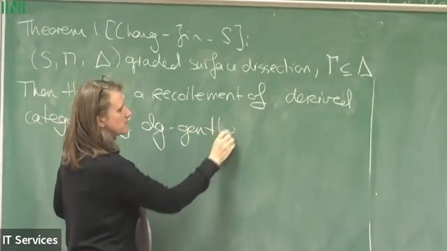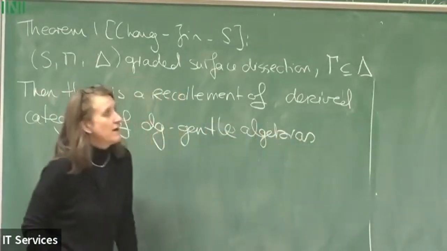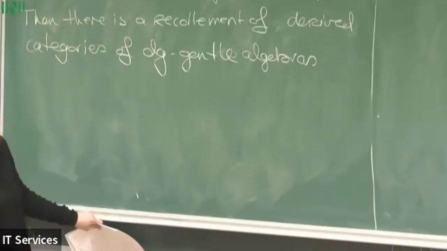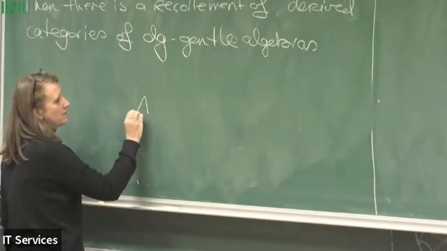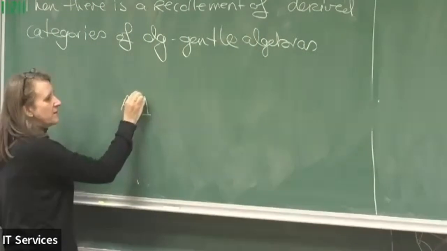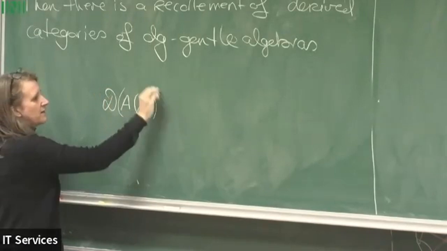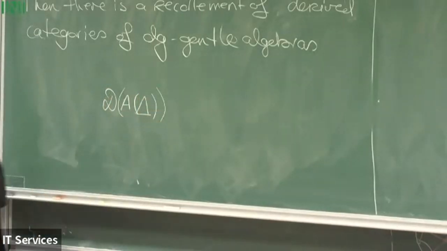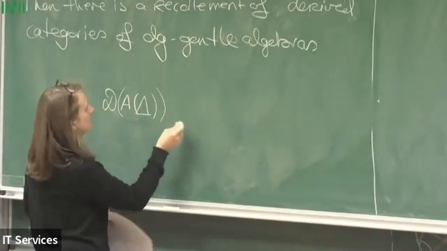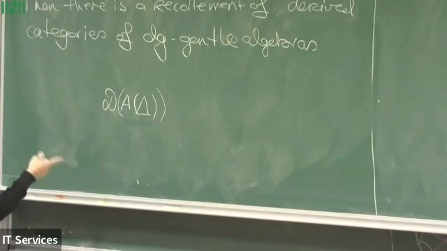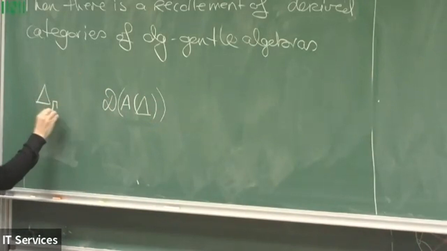We get the graded Gentle algebra and it has zero differential. So this is important. In the middle, we start with our dissection, we have the associated Gentle algebra to that surface dissection, and then take its big derived category. Okay, so it's a DG module, so it's the derived category there. Then we have our cut, and so we get this cut dissection which sits in the